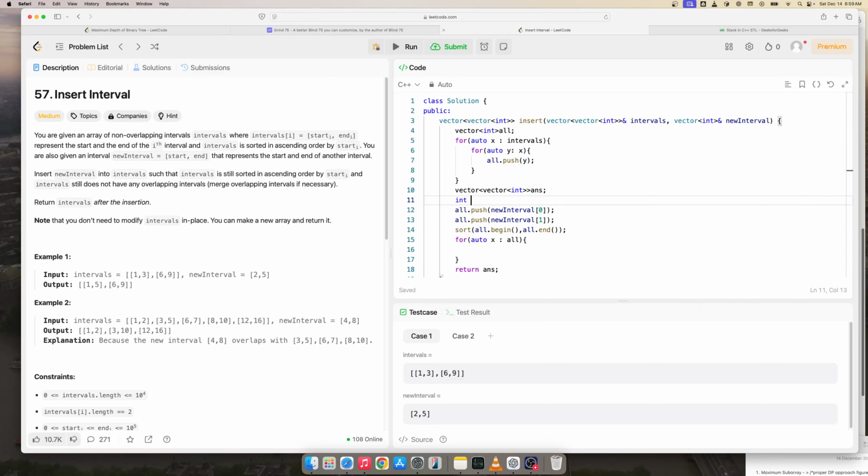int begin equals, I can just do a equals this